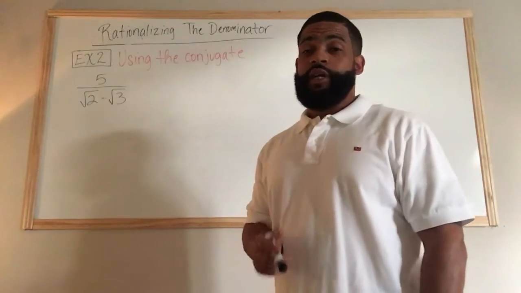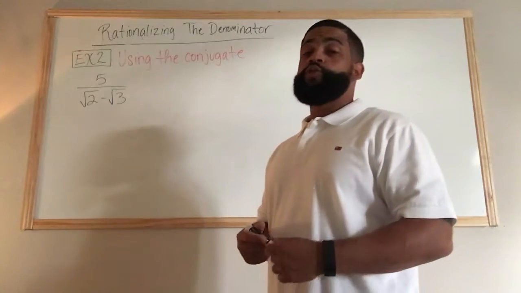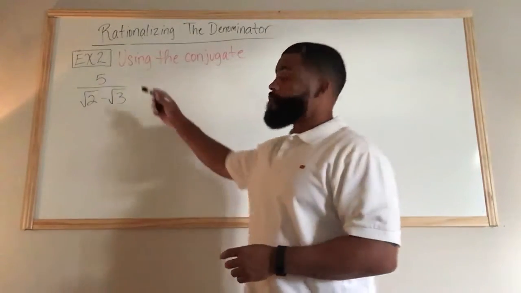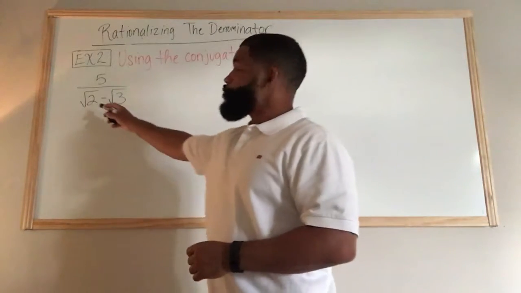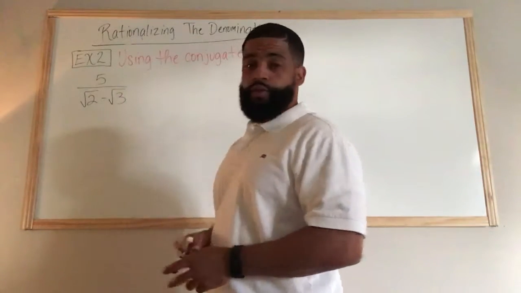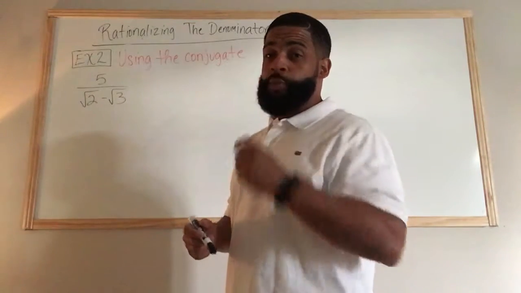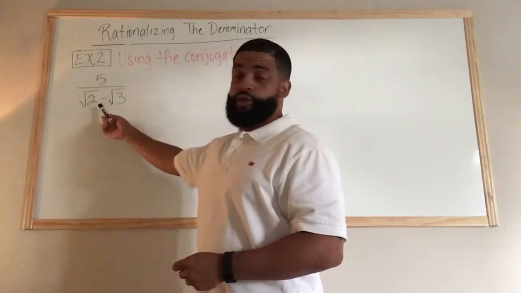rationalizing the denominator. In this third example, we're going to rationalize the denominator by using the conjugate. So we start off with 5 over the square root of 2 minus the square root of 3. Now, in order to rationalize this denominator, we must multiply by the conjugate of the square root of 2 minus